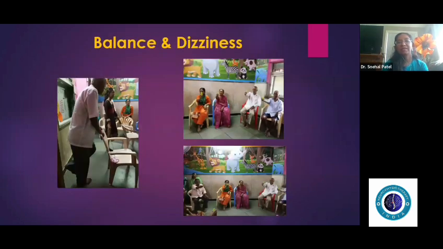The balance exercises like standing on the floor with the broad and the narrow base of support, also standing with eyes open and eyes closed, single leg standing with chair support or wall support, eyes open and eyes closed, tandem standing and tandem walking, like standing on a single line and walking on a single line. Some of the balance and coordination exercises, using clips or small objects, turn the head to one side and follow the object. So you can do all the different exercises in a group together.